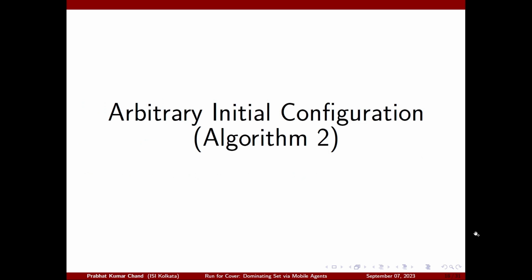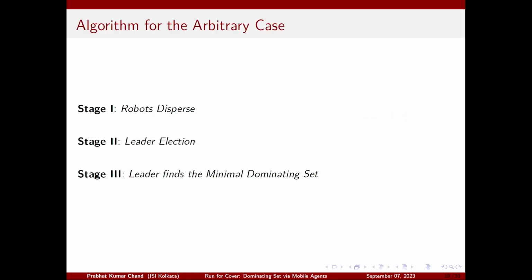Now we move to the arbitrary initial configuration of the robots. In the arbitrary configuration, the n robots are placed arbitrarily across the graph as clusters. The algorithm runs in 3 stages. In stage 1, first the robots disperse, that is, they rearrange themselves in such a way that there is exactly one robot at each node. In stage 2, a leader robot is elected, and in stage 3,